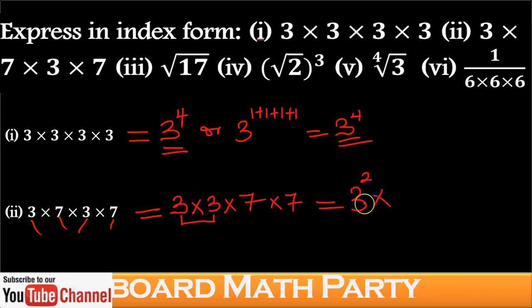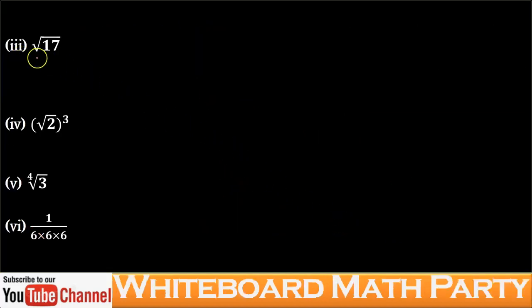3 to the power of 2, and 7 times 7 is 49. But I'm not going to write 49 since the question says we should write them in index form. So I'm simply going to write it as 7 to the power of 2, or 7 squared. This is the final answer because the question says express them in index form. So we have to leave the powers. You get that? Okay. The next question is the root of